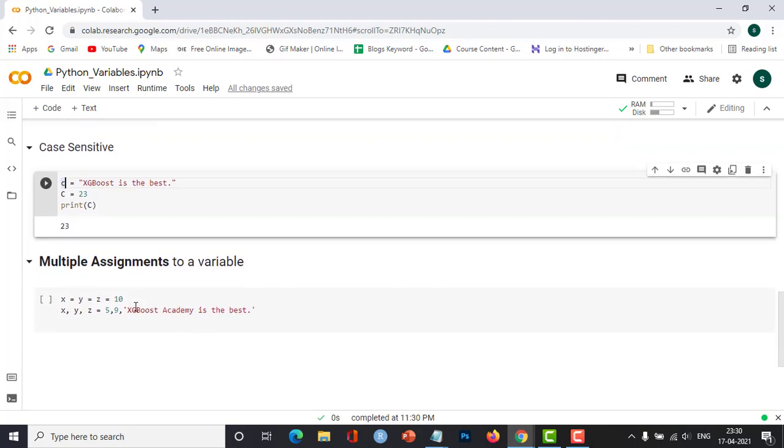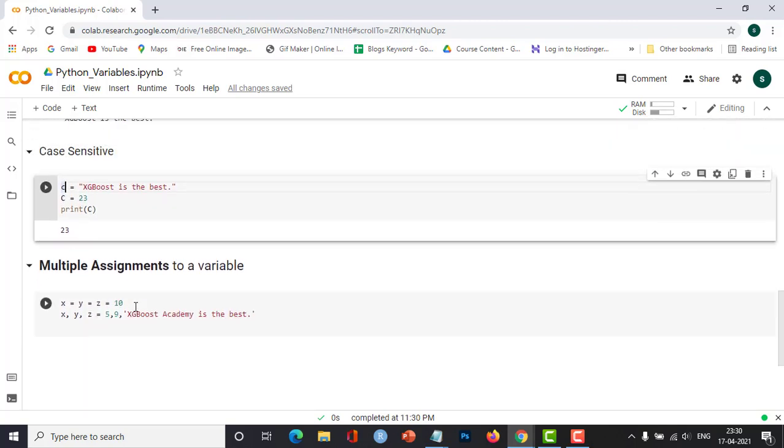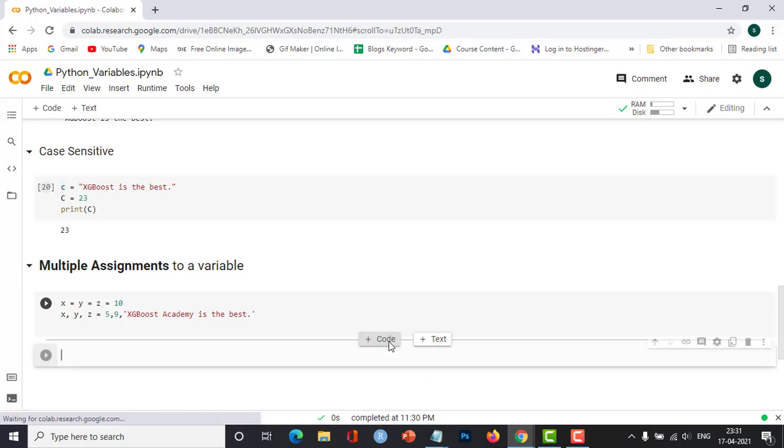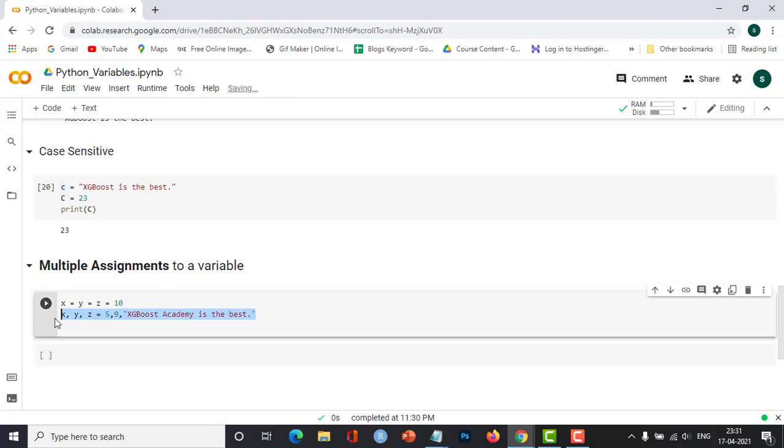Now coming to the next part, which is the multiple assignment to a variable. You can actually assign a value to multiple variables. So here I have assigned a value of 10 to x, y, z, and then let us print it. I'll take a new line over here.